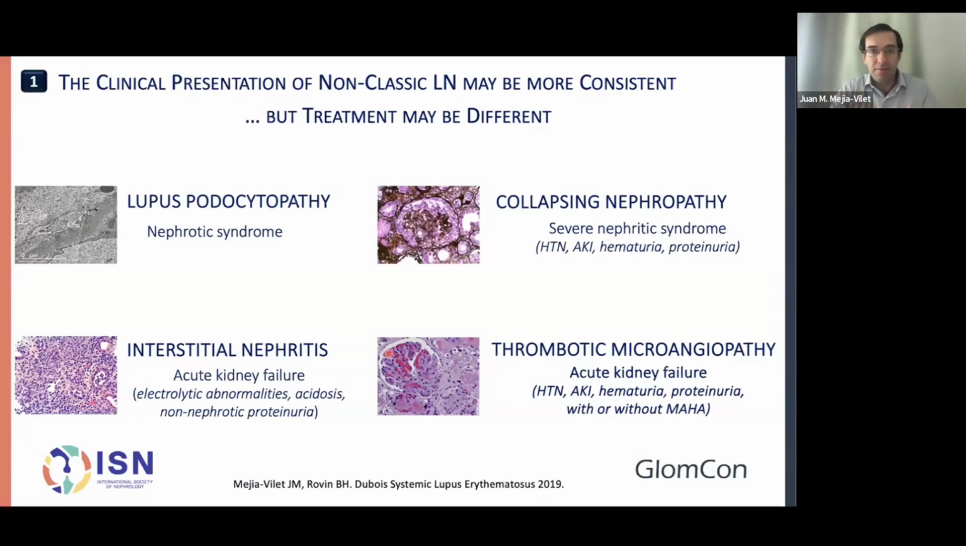We really don't know, but we think that presentation is more consistent. For example, lupus podocytopathy usually presents as a nephrotic syndrome, interstitial nephritis as an acute kidney failure, collapsing nephropathy as a severe